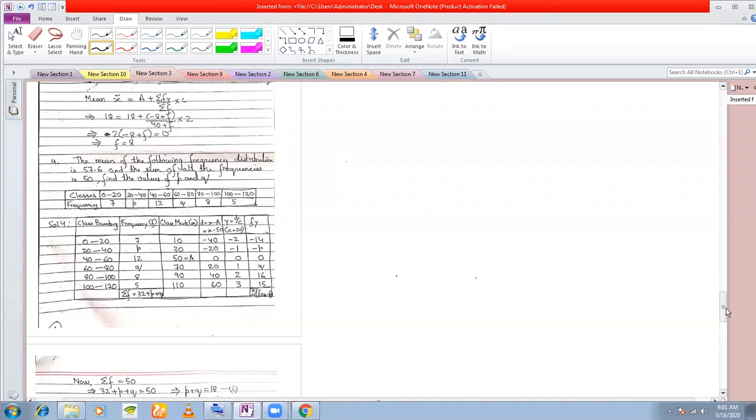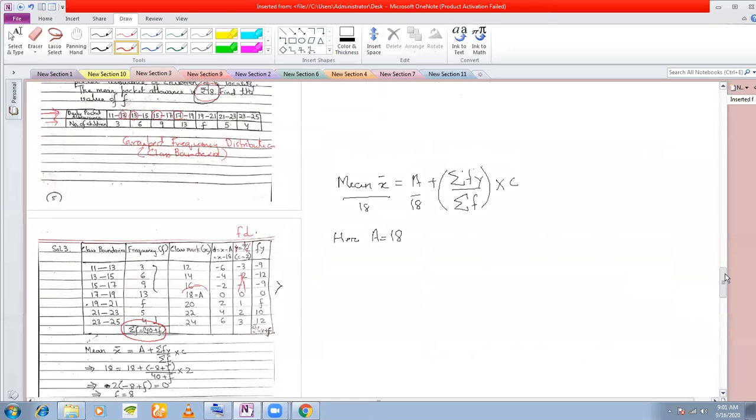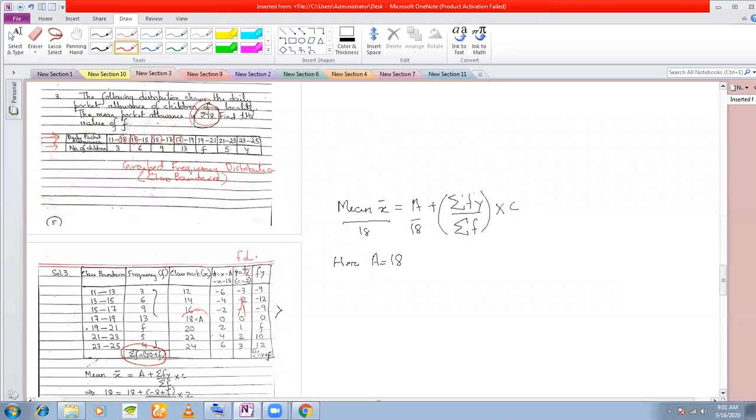If you compare it with the last problem, the one that I discussed yesterday, you see here this total frequency was not given. We found it in terms of F, and only this mean was given here. This mean was given as 18. But here, if you see,